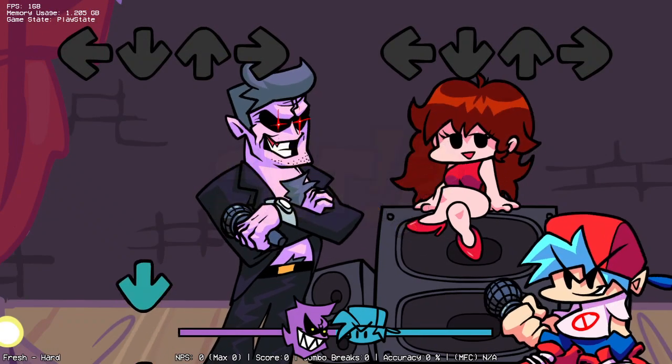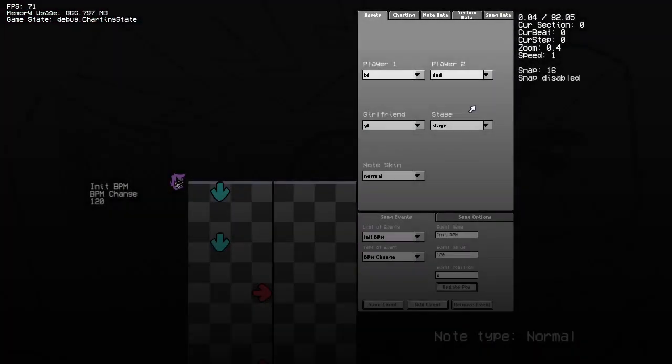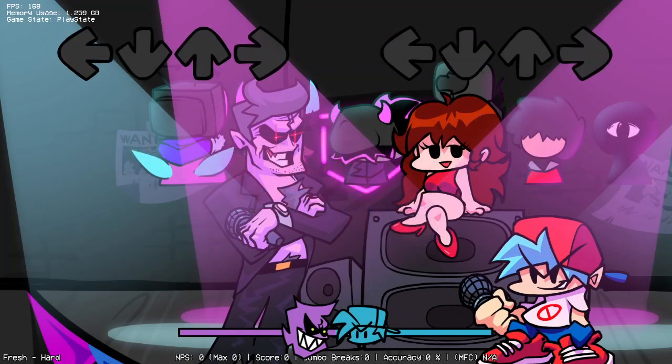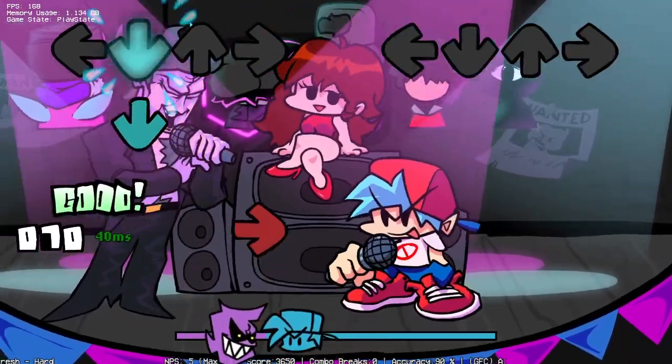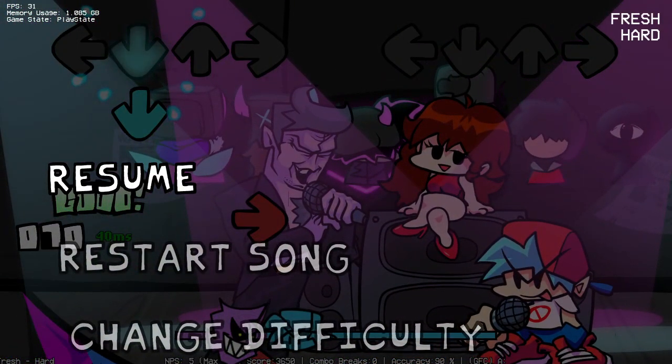Three, two, one, go! You can see they're out of place, but they do indeed play their animation. So maybe screen centering it wasn't a good idea, but to lower it, all we need to do is do negative, or not negative, let's do 600 for now. And